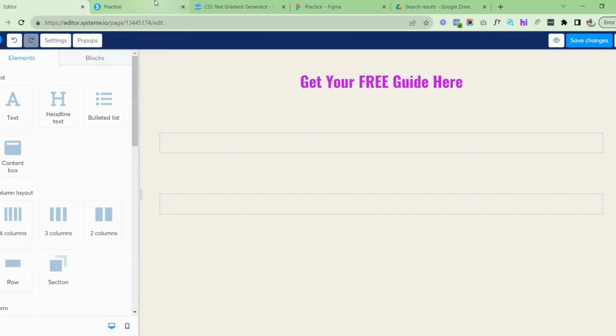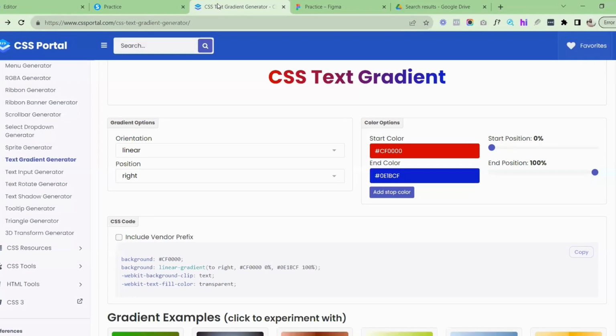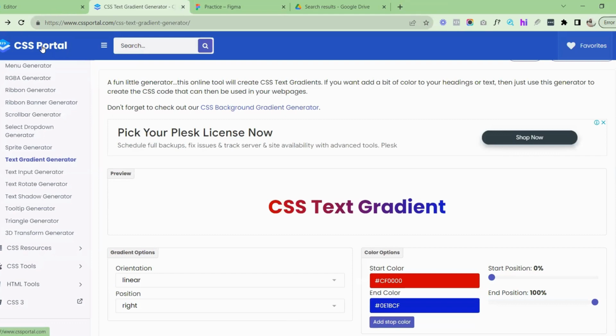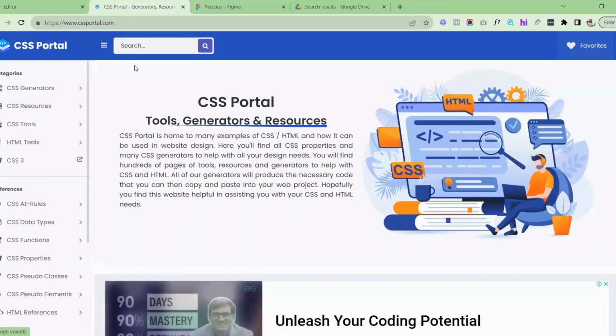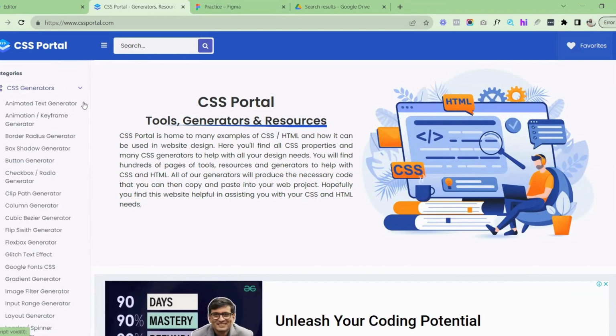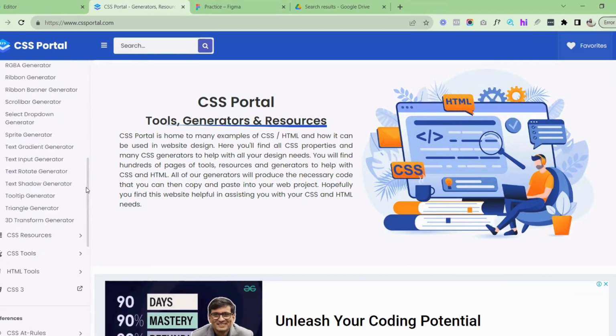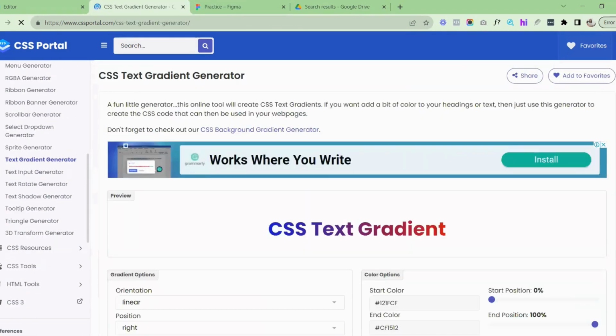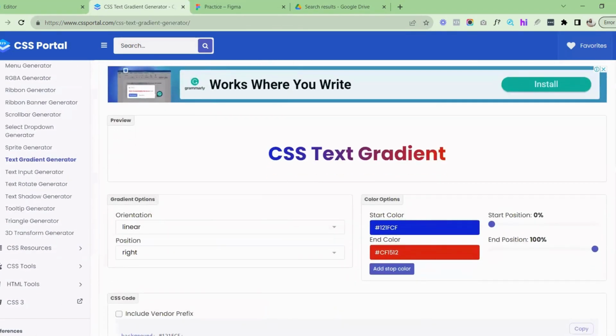Then the second step is you will go into this website, that is cssportal.com, https://www.cssportal.com. And here, if you come onto the home page, you will see this CSS generators, and you will come down and you will see text gradient generators. Click here and you will see that to begin with, they already have a gradient that is blue moving towards